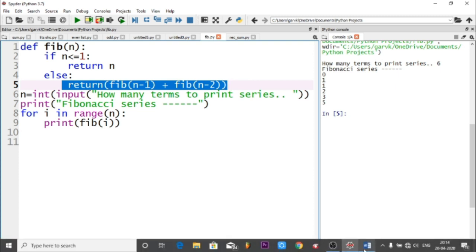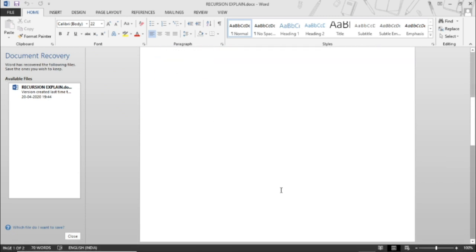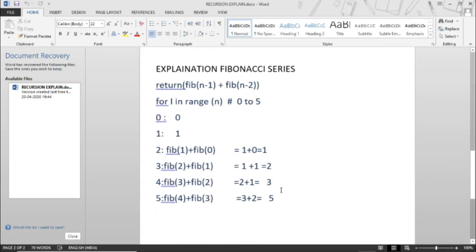So I'll again tell you the working of the function. The main statement I told you was return fib(n minus 1) plus fib(n minus 2). This was the recursive case. And the calling of the function was in a loop, that is for i in range n.